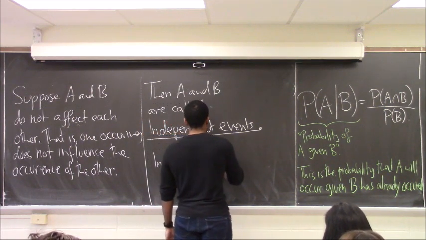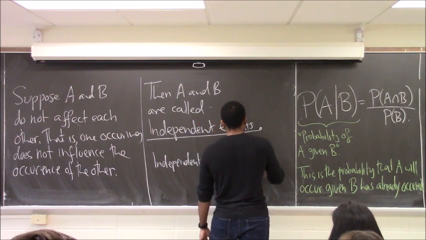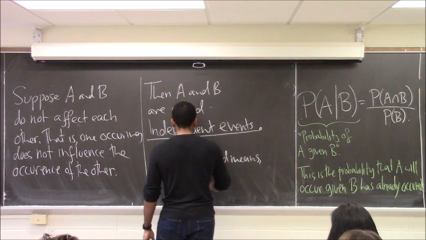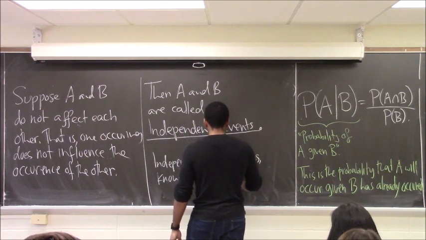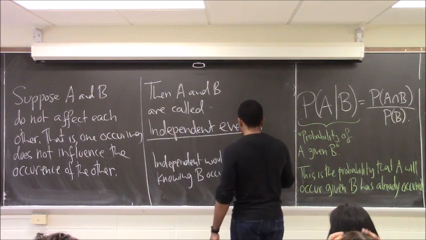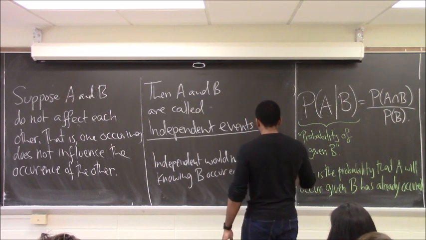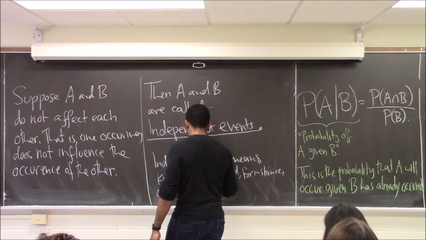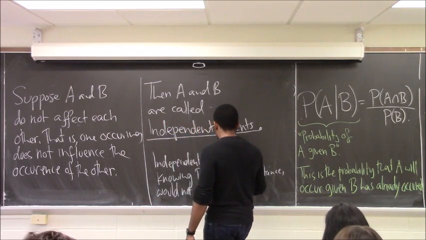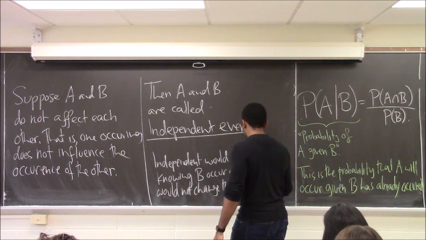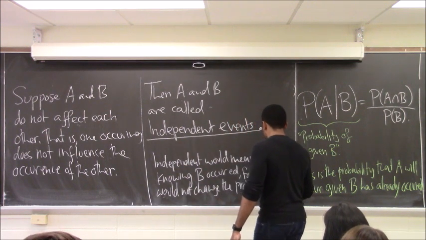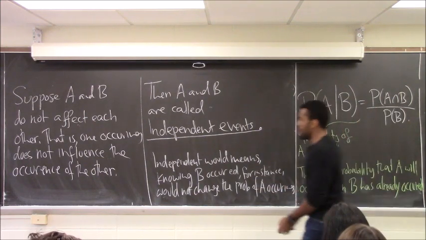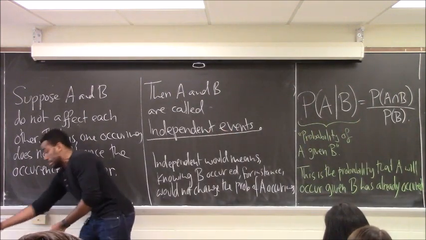Independent would be knowing B occurred, for instance, would not change the probability of A occurring, right? I'm just writing what I just said in different words. But what does that mean? That would mean